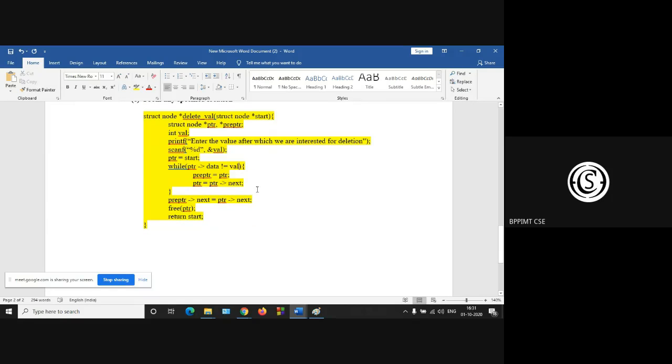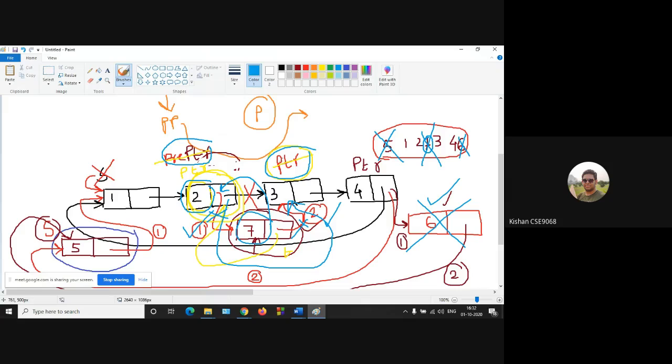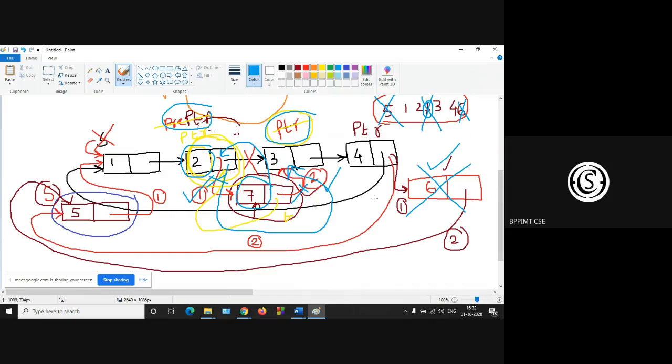Then, sir, now it should work. PTR data not equal to value. Pre-PTR is equal to PTR and advance, and finally pre-PTR next is equal to PTR next.